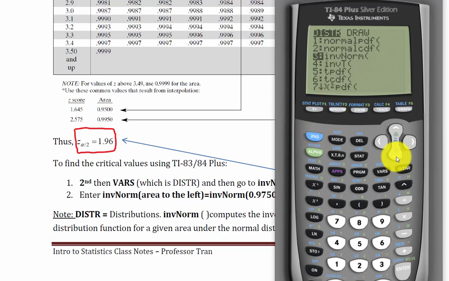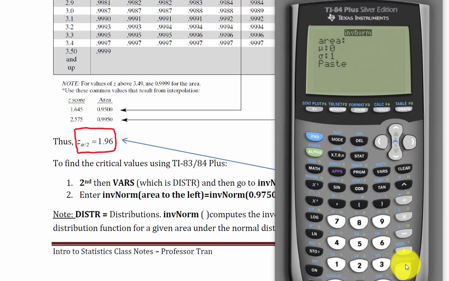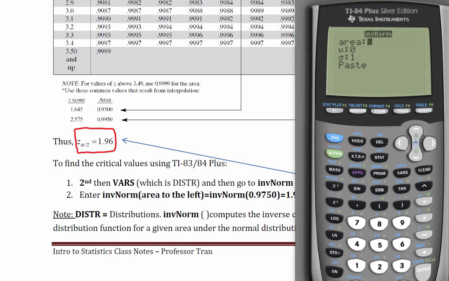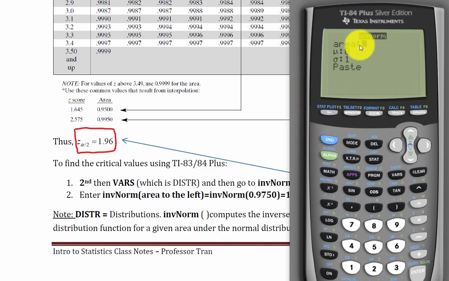arrow until inverse norm. Click enter, and then the area, because this is only for the TI-83, but the TI-84 has a little bit different commands for the screen here. The one that you see here is for TI-83, but we can do the very similar thing for TI-84. Now they ask you for the area, that means the area to the left of the point you are solving, and that area is 0.9750. So I go ahead and hit